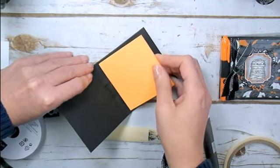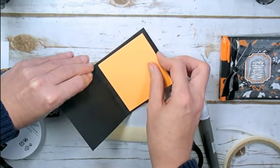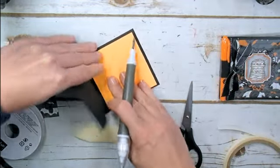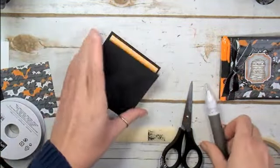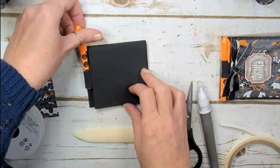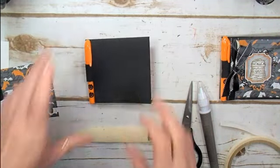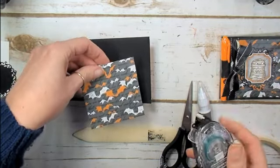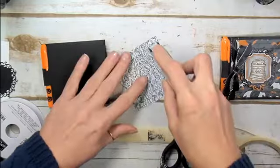When you add your sticky notes, you're gonna go all the way against the fold and make an equal border around the Post-its. Stick that dude down, grab our little pen. Fits right in, perfect. Now we got our snail adhesive here. We're going to adhere,